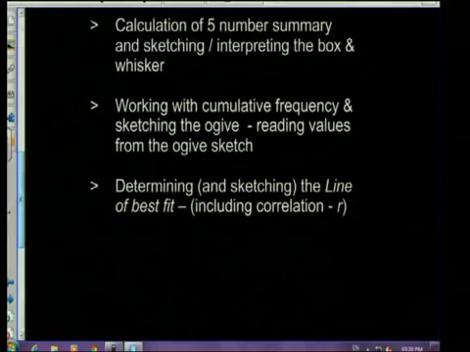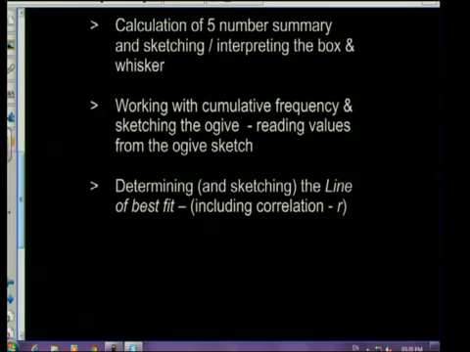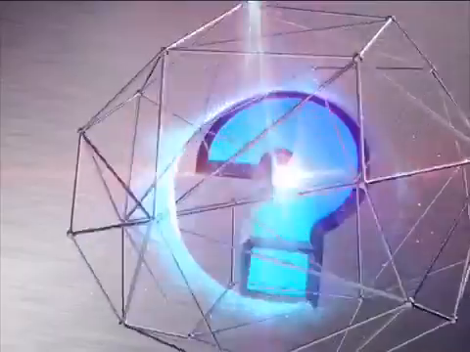Then, of course, with grouped data, we will often work out something called the cumulative frequency, which is an accumulation of the frequencies up to a particular point in time. If we graph the cumulative frequency on the y-axis, we get something called the ogive. And so we have to draw an ogive, and more importantly, you need to be able to read off values from an ogive. And that is an important concept. Again, grade 11 examined in grade 12. One of the big things in grade 12